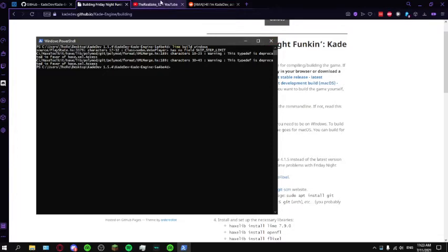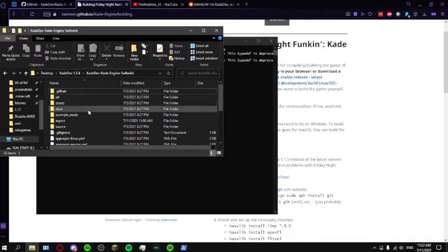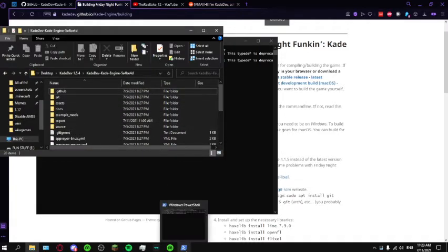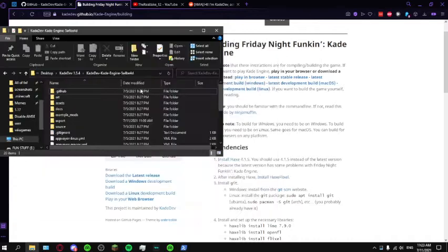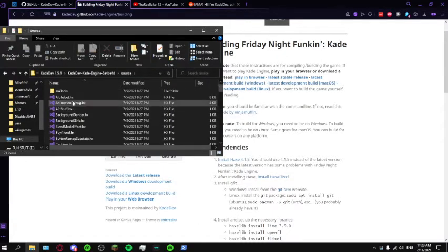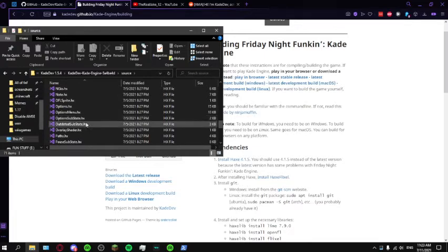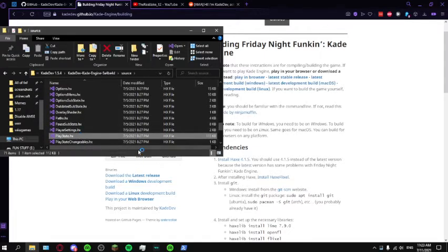And okay, here's another issue that I was having. The source, I should have opened the source. I haven't built the game, but when you do the Lime test or build windows, it makes that folder. Regardless, if we go down to PlayState and let it open,